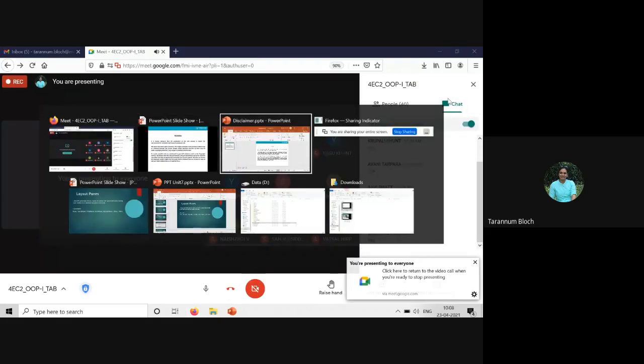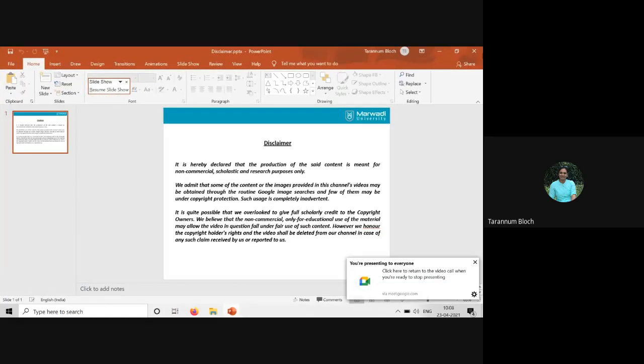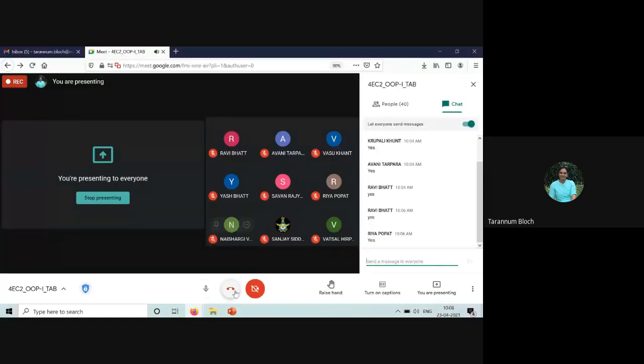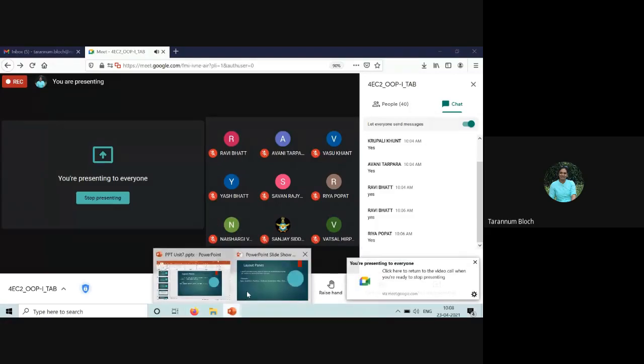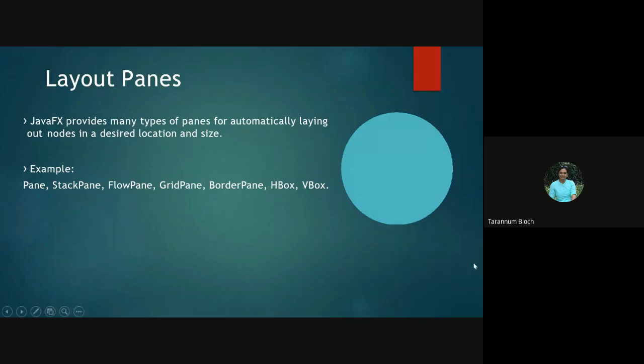Anyways, we started our discussion last time with the layout panes, and we discussed that there are StackPane, FlowPane, GridPane, BorderPane, HBox, and VBox, right?